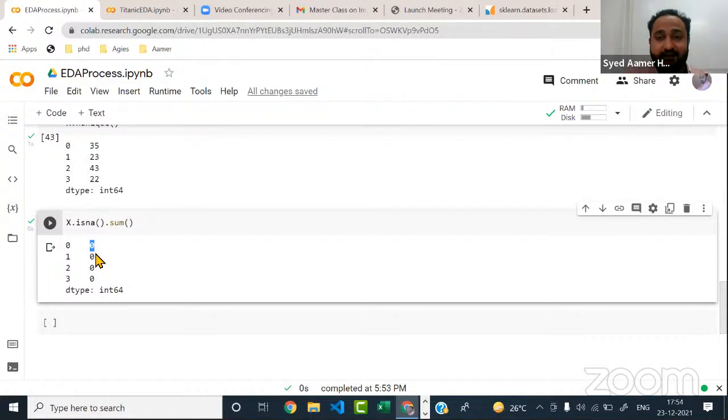So in such a case, we will understand that it is better to drop that particular column, because the majority of the values are missing values.